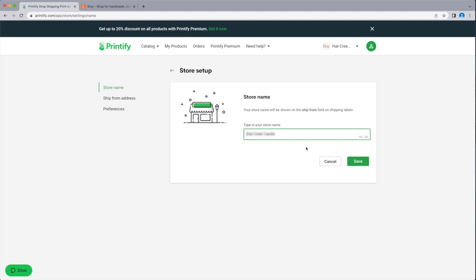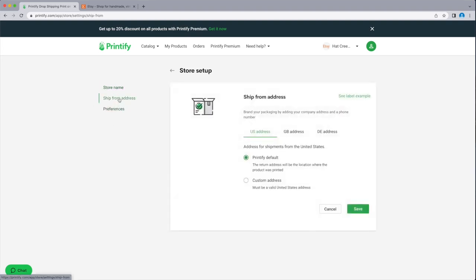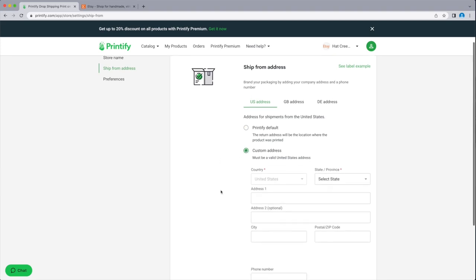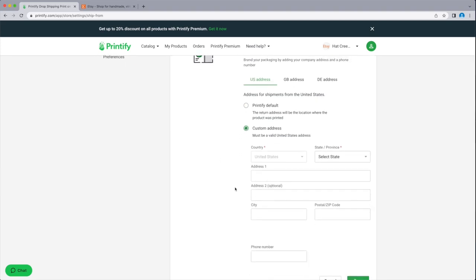And then we're going to go over here to this left menu and we can edit our ship from address. And you have a couple choices here. You can either use the Printify default, and in the case that a customer maybe refuses a package or it is returned, if you choose the Printify default, the return address will be where the product was printed. You can also choose to use a custom address here